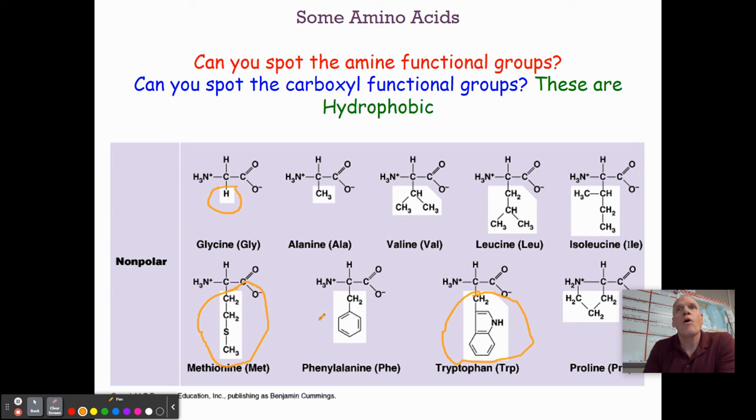But all of these are nonpolar. Why are they nonpolar? Well, if you remember, I said the carbon-hydrogen bonds are nonpolar bonds. Carbon-hydrogen, nonpolar. These are all carbon-hydrogen because remember, there's going to be a carbon there and a hydrogen coming off of these. Wherever there's one of these vertices, there's a carbon molecule and we have to have 4 bonds total. So there's going to be 1 hydrogen coming off of that, and so on. So these are all carbon-hydrogen bonds, and that makes it nonpolar.